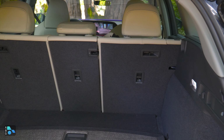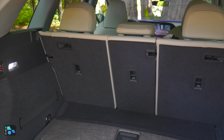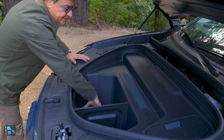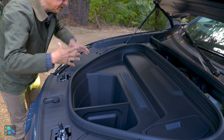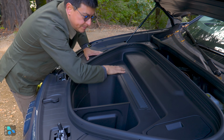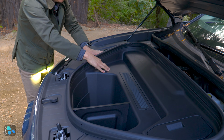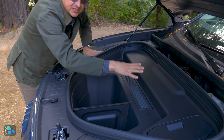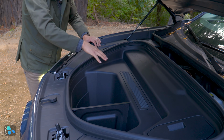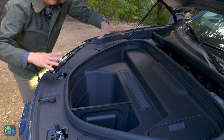On the other hand, the 40-20-40 folding rear seat back is something that you don't find in a lot of the competition. Under the hood, we have a very eccentrically shaped storage area. We have this deep storage well up front where you could definitely put a book bag, a laptop bag, or maybe a gym bag. But then we have this big flat expanse that's also part of the sealed storage area. Honestly, this is here probably just to make the storage area look better on paper. It's over 2 cubic feet here. You could put maybe a pizza, balance it on this little divider in that area, but other than that, it's